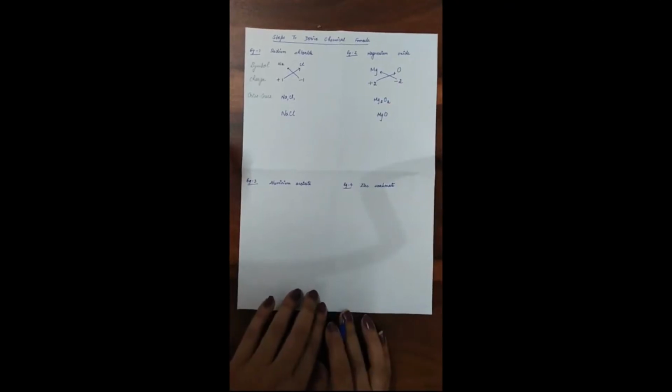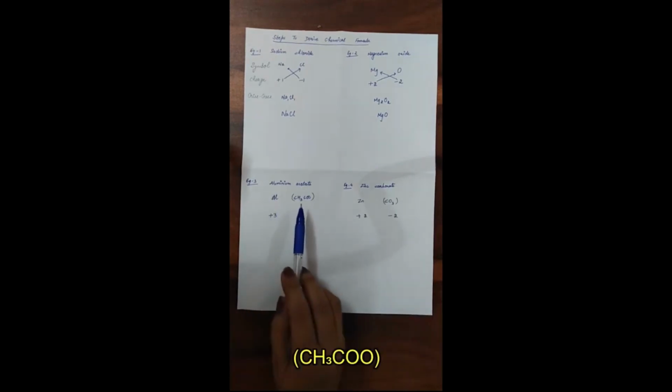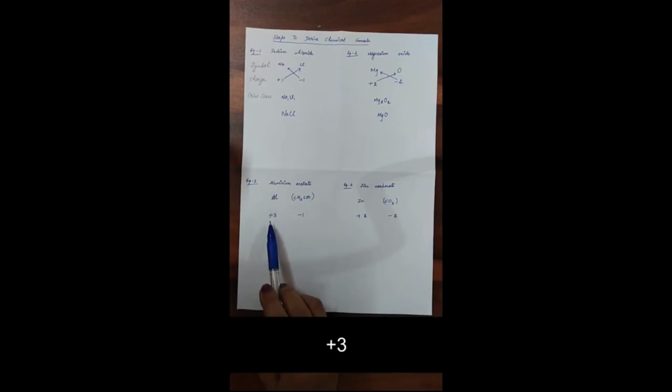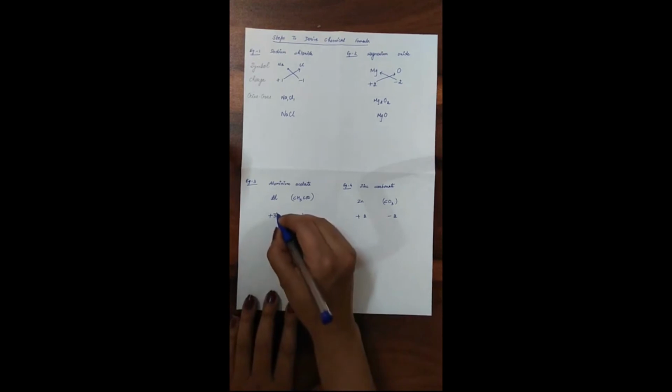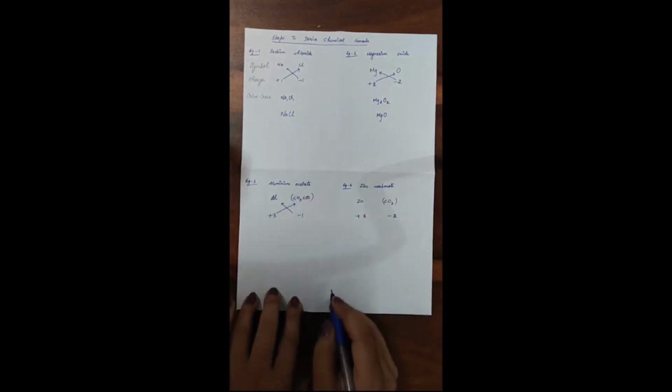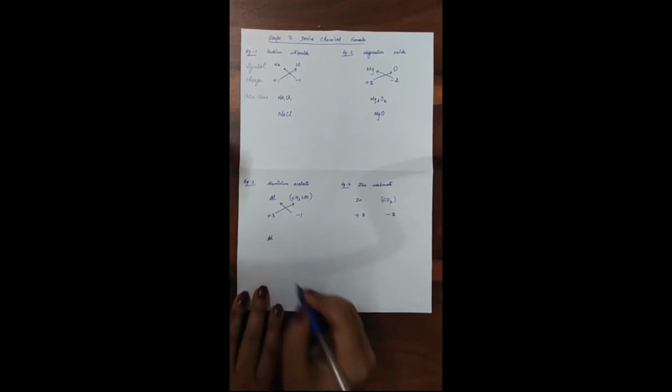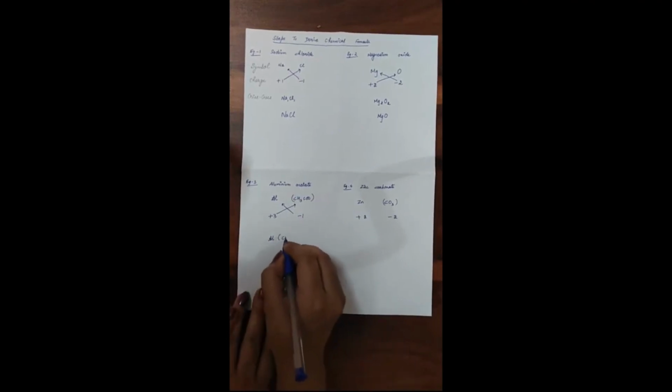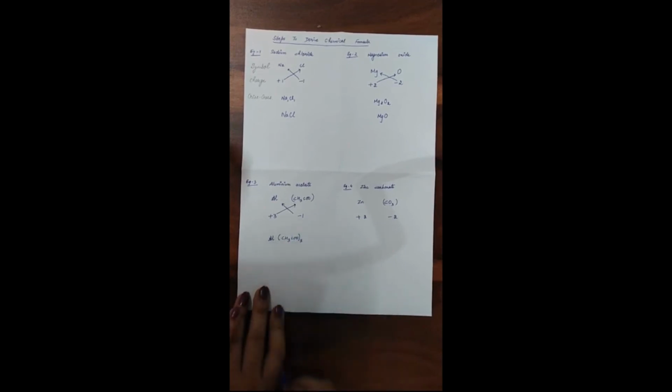Now, next, aluminium acetate. I have written the symbol for aluminium, capital A, small l. Acetate is a compound radical, so it should be written in a bracket. Charge for aluminium +3, charge for acetate -1. There is no common factor, so 3 will go with acetate and it will come outside the bracket as a subscript. Here 1 will go with Al. So you get Al, and since we do not write 1, we will not write anything. Then CH3COO, and 3 as a subscript outside the bracket.